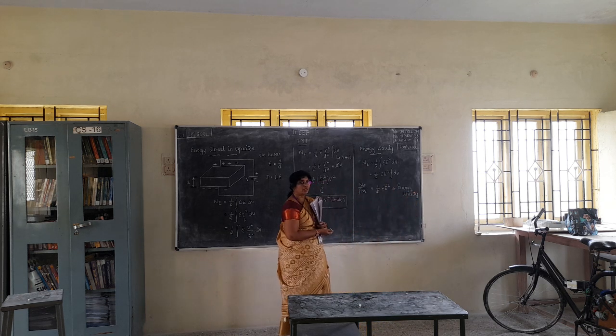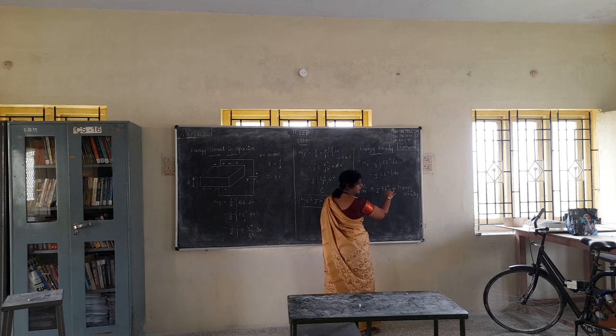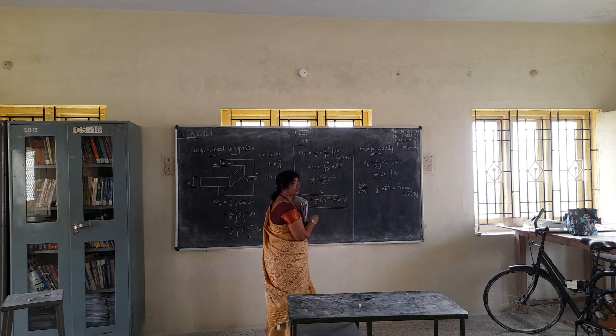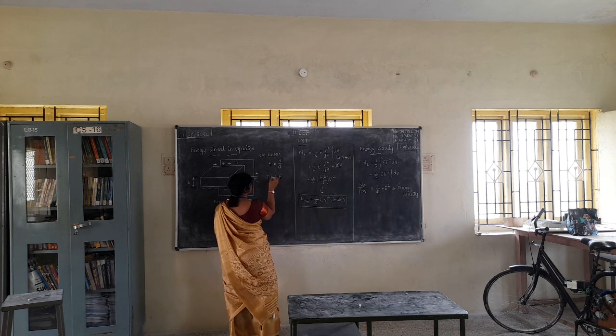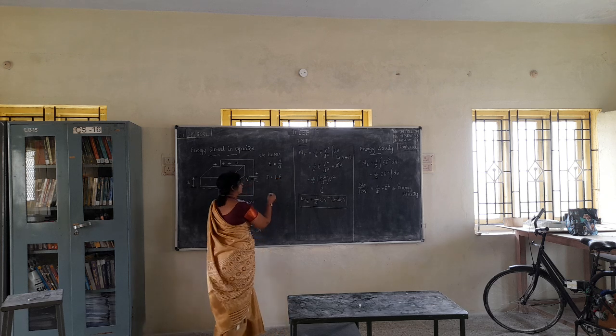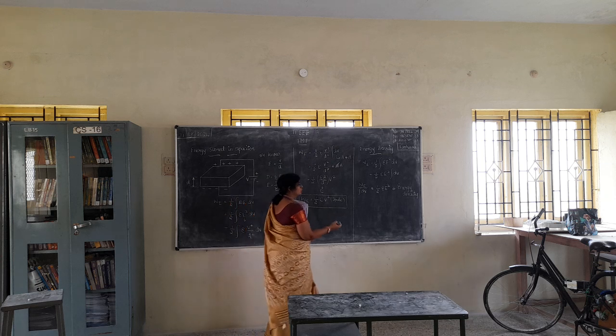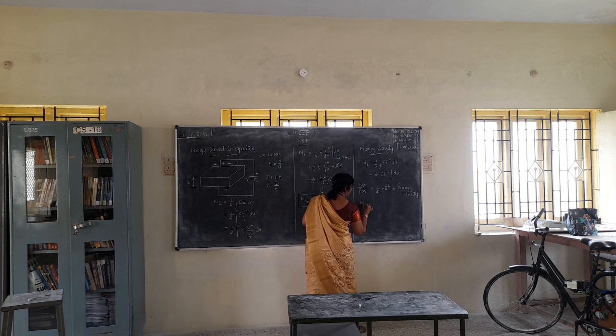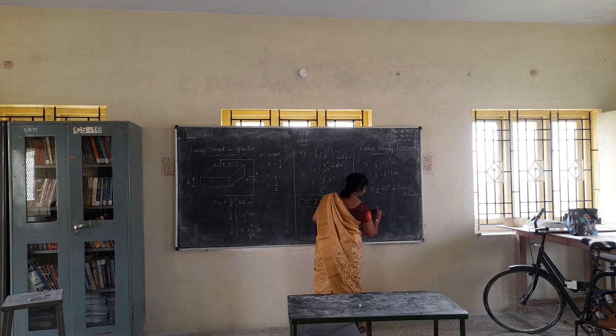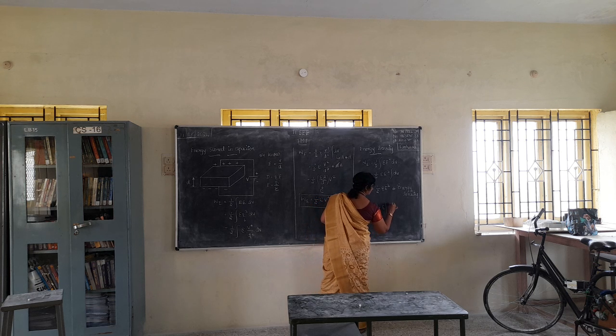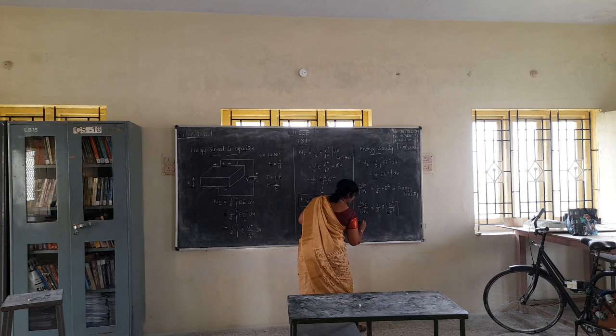Half epsilon E square. Otherwise we can replace E by D. We also know E value is in terms of D, so E will be equal to D by epsilon. So using that expression also we can find energy density: half epsilon D square divided by epsilon square. So here epsilon will get cancelled. Therefore energy density